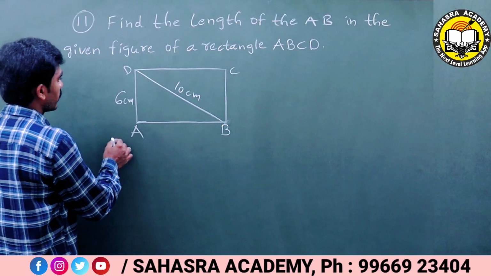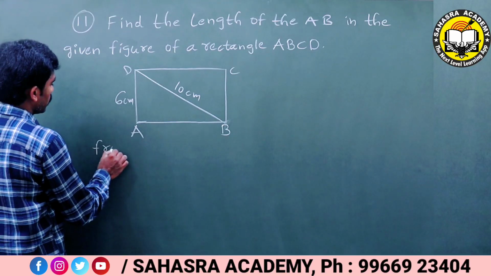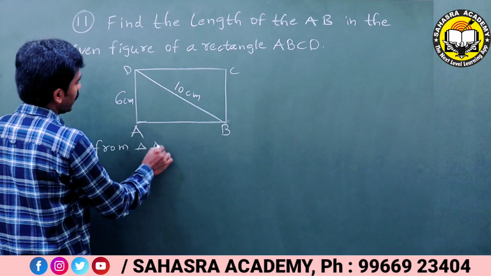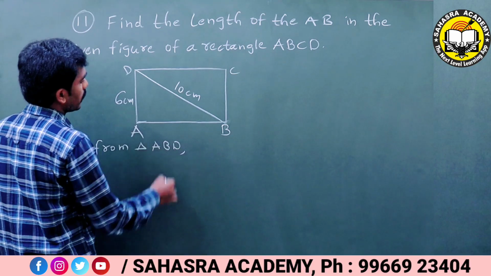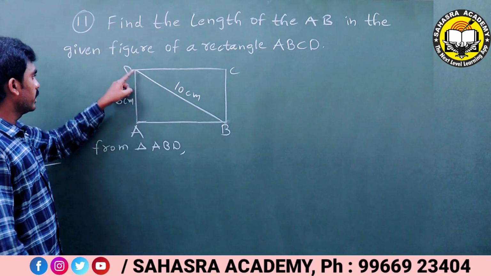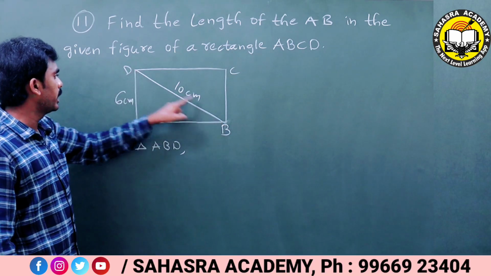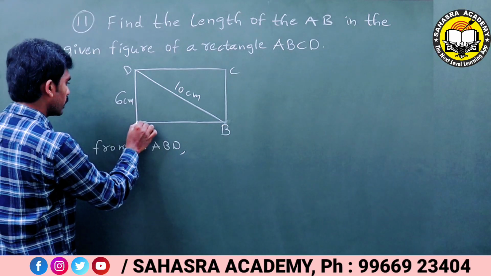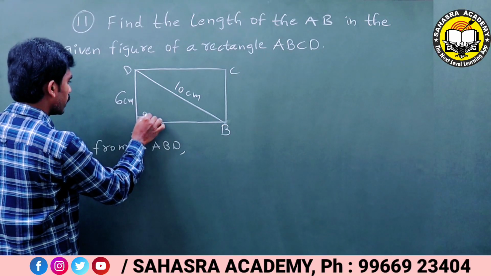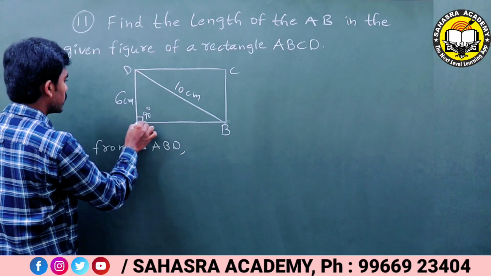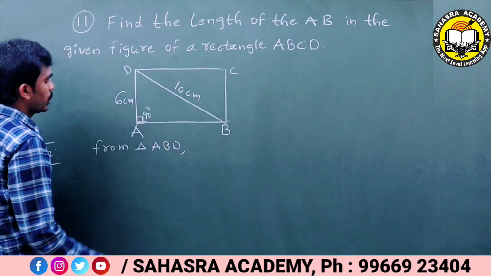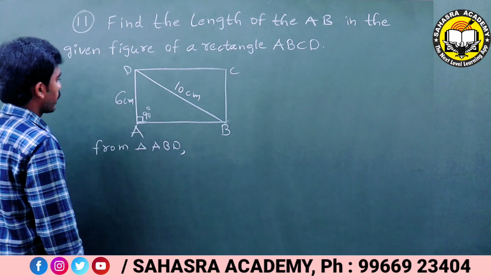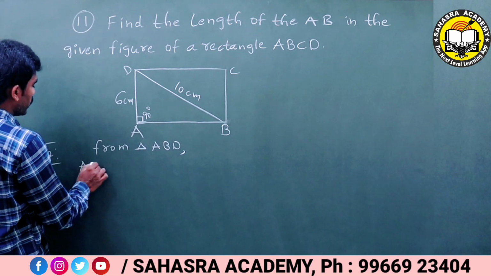So from triangle ABD. So from this rectangle I am taking this triangle ABD. Okay, it is a right angle triangle. Here the angle is 90 degrees. Okay, it is a right angle triangle. So in a right angle triangle, we have one theorem. So according to Pythagoras theorem,